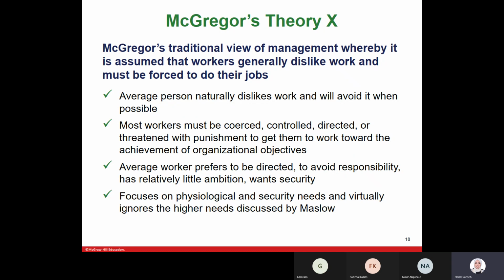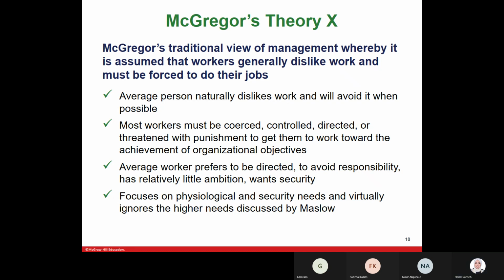He put the assumptions of two different theories, two contradicting theories. In theory X, he assumed that workers and employees don't like to